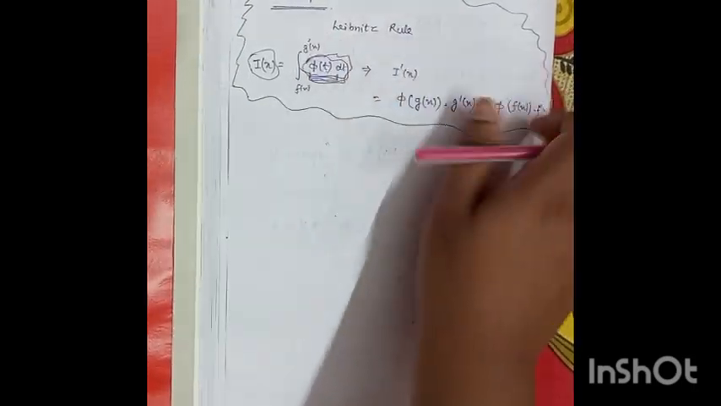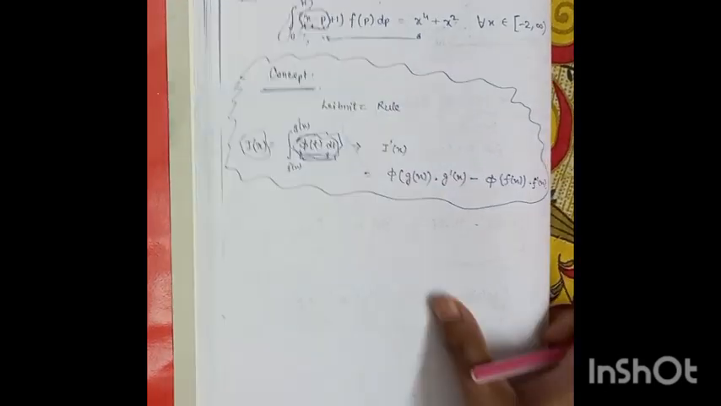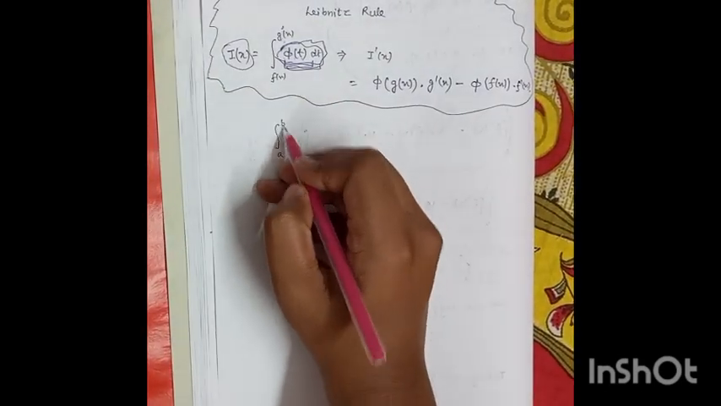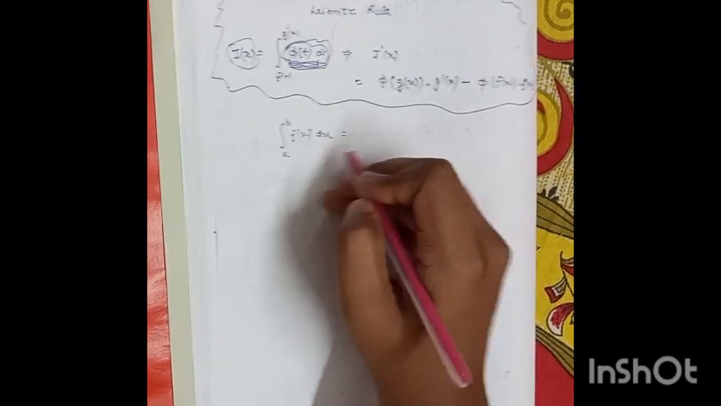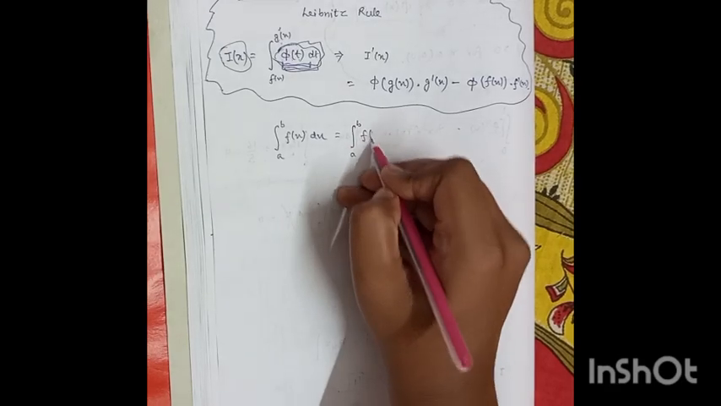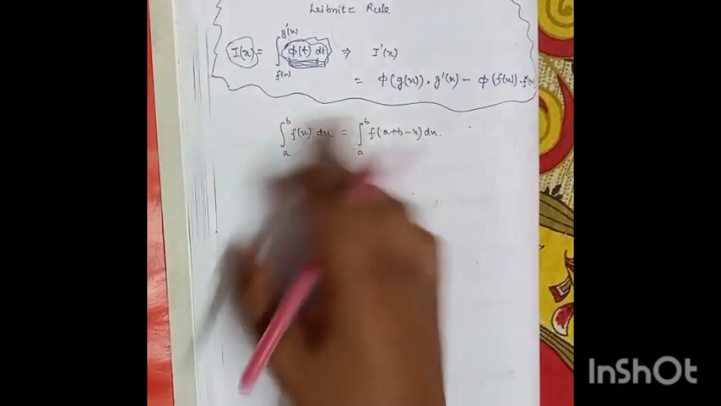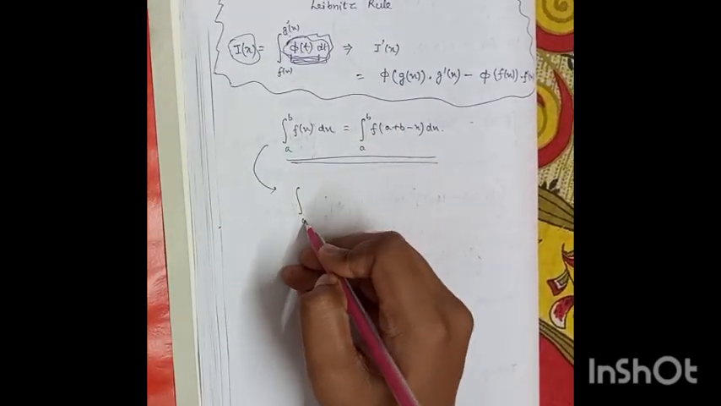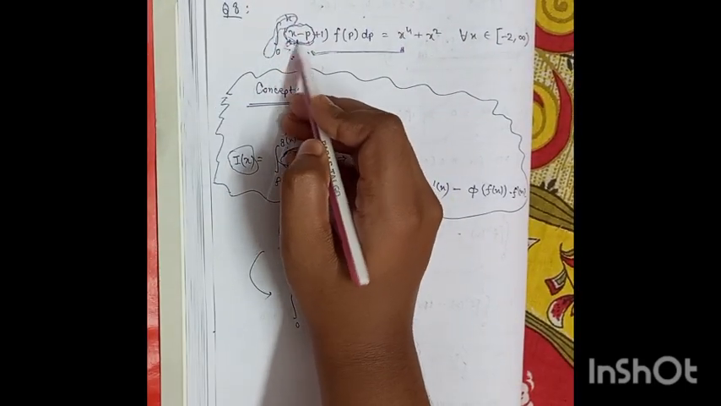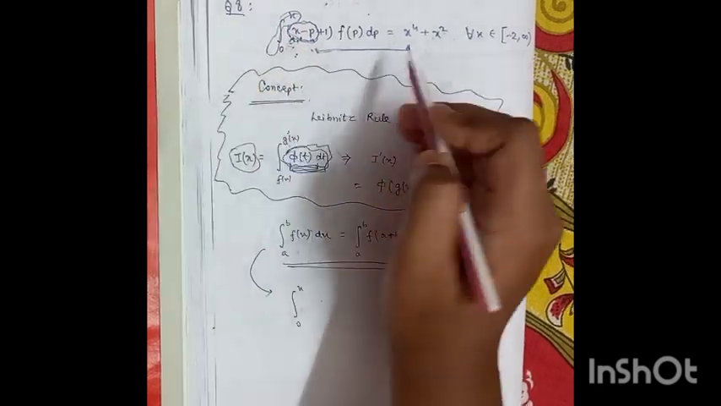So what can we do? We can simply apply the King's property of definite integration here. According to the King's property, integral f(x) dx from a to b is the same as integral from a to b of f(a plus b minus x) dx. So we have to apply this. This implies in the given equation, if we substitute p with x minus p,